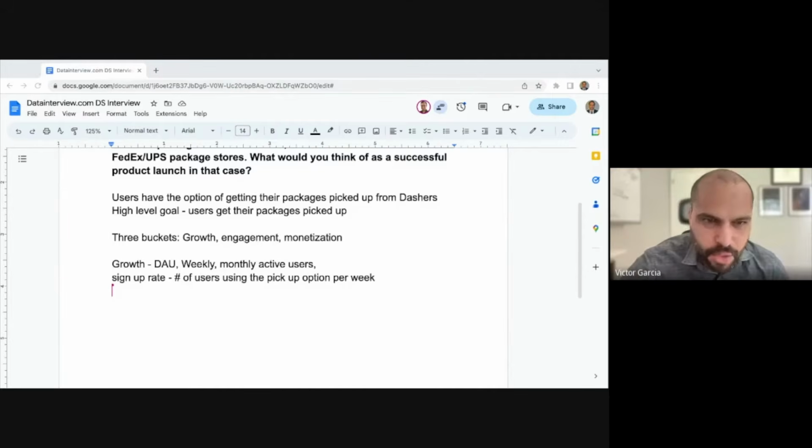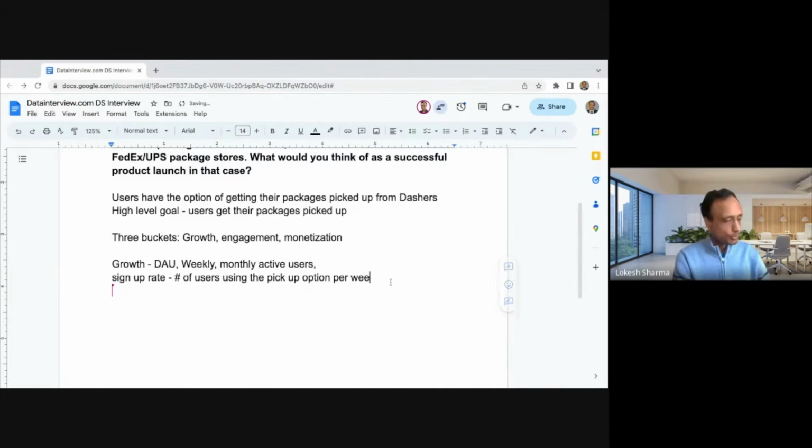Right. Okay. Cool. And then in terms of engagement, engagement is essentially how frequently the users are using the pickup option, right? So I can keep track of that using total number of pickups ordered by users.